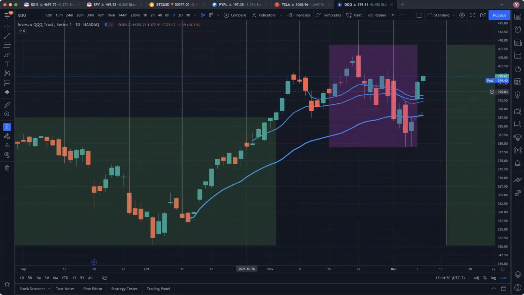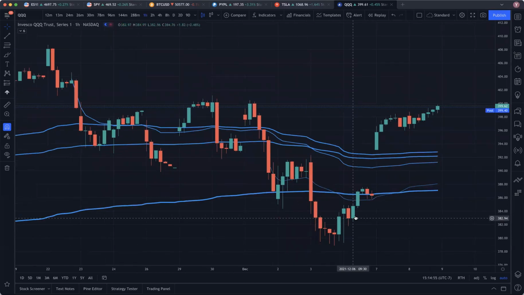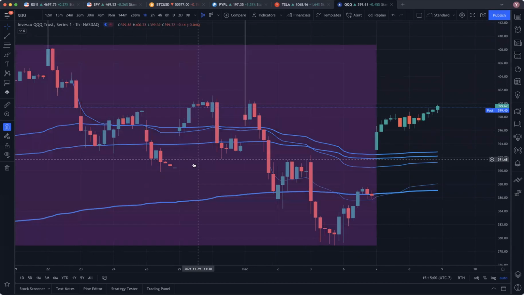So if we zoom in here, maybe we can zoom in a little bit more, maybe to an hourly chart. We can take a look at some of the behavior with these blue VWAP lines that are all anchored to the light grays, okay? And we can see here how price was underneath all 5 of the VWAPs. And then with this very strong move, it gapped up over all of the VWAPs. So all of these trapped buyers instantly flipped into happy buyers because price is now above the average price that